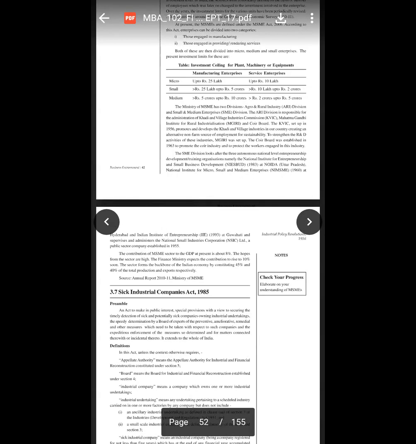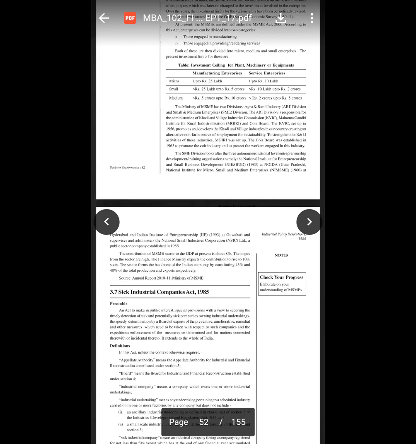Now this MSME sector has also shown good growth in developing the GDP of our country. At present it is near about 8%, as written in your book. So the hope from the sector is high. The finance ministry expected the contribution to rise to 10% soon. The sector forms the backbone of the Indian economy, contributing 45% and 40% in the total production and export respectively. Now this MSME